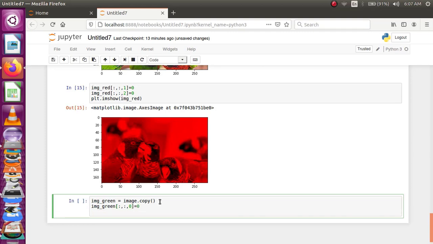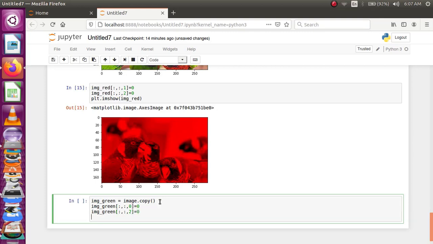Similarly, I am making the blue channel, which is present in the 3rd channel, also 0 and trying to plot the image. Now, it should have only the green channel information.